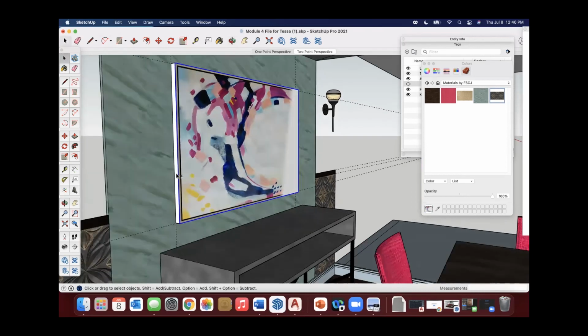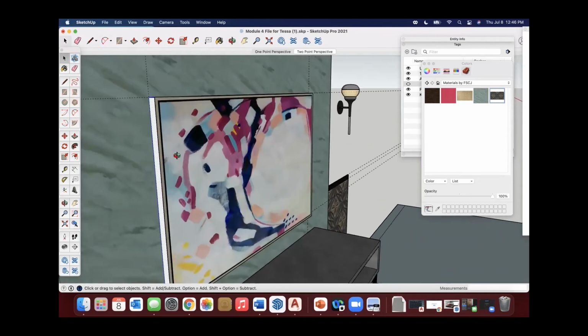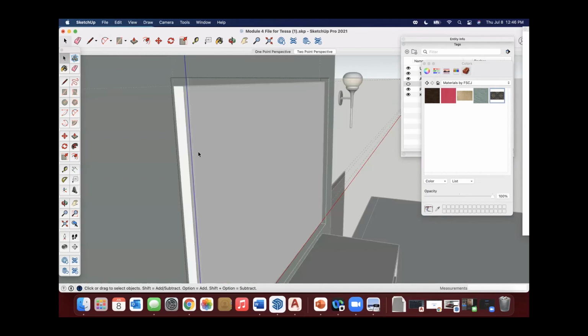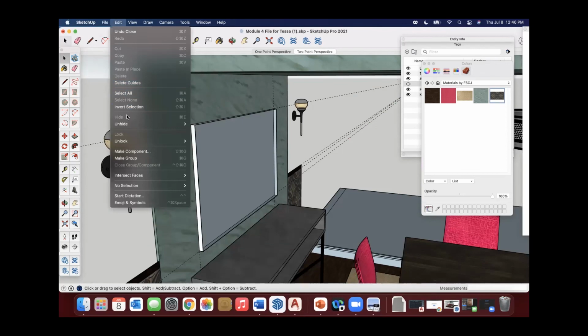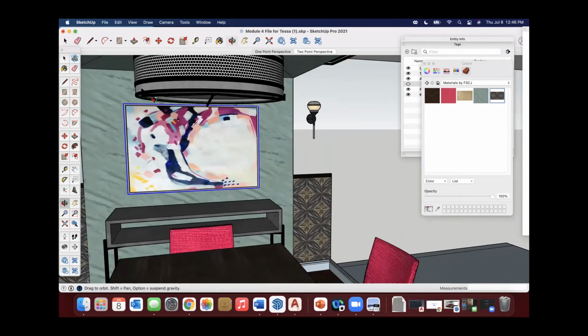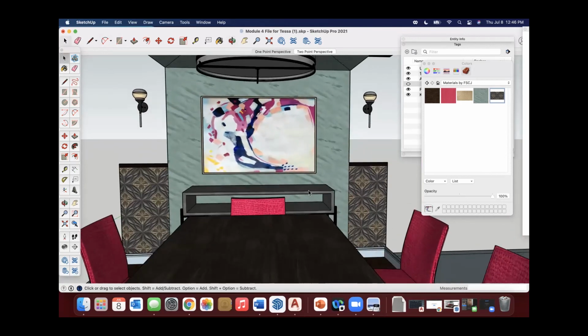And so now I'm going to take that image and the canvas itself. I'm going to just grab this whole thing. Don't do that. That was an accident. That's meant to hide, not erase. And that was one of the key things. Edit, unhide, last. There we go. So what I'm going to do is grab just that, make a group, and Edit, Delete Guides. And now we have our artwork. And that is nice and proportional to the console.